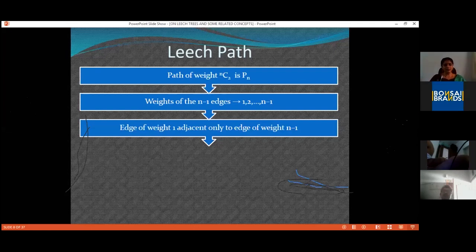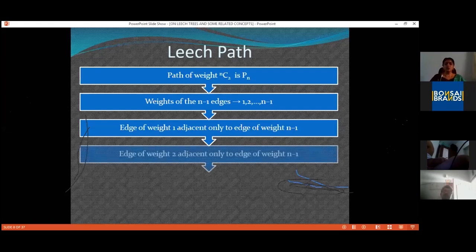So k plus 2 cannot be equal to n also, which means k plus 2 is greater than or equal to n plus 1, which again gives k greater than or equal to n minus 1. So 2 is also telling the same thing: I am a pendant edge and I will sit next to n minus 1 only.